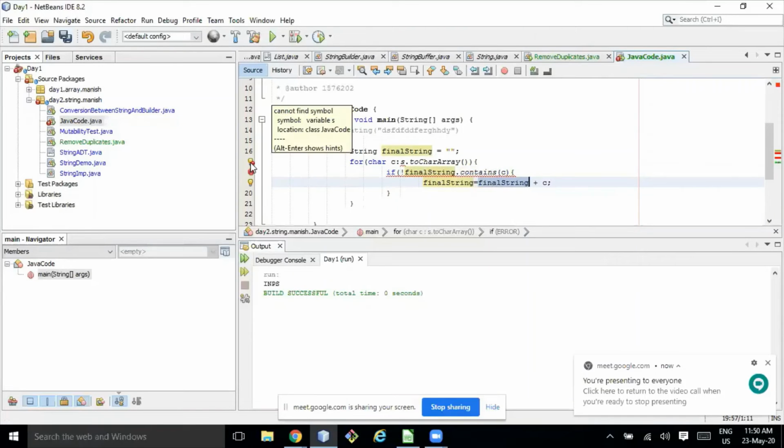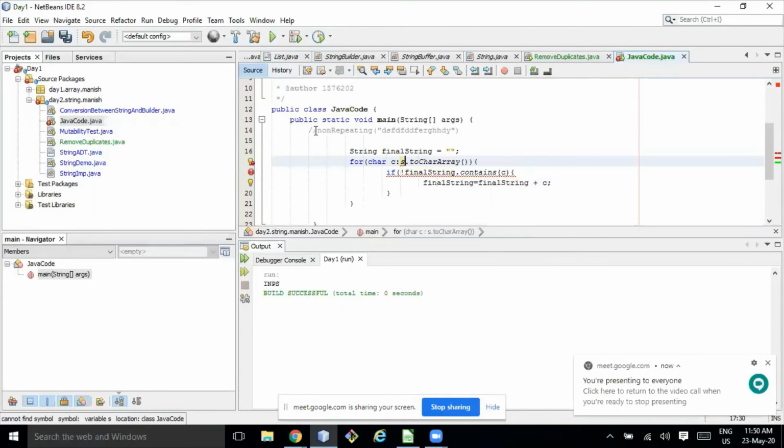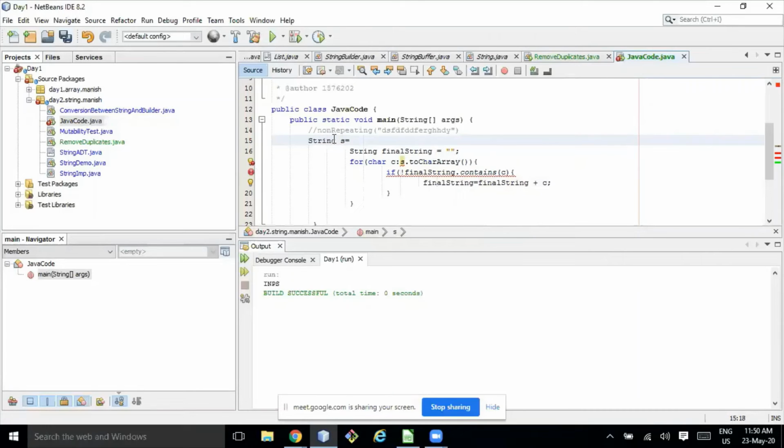So string S is equal to final string dot contains. Okay, so string has contains something.